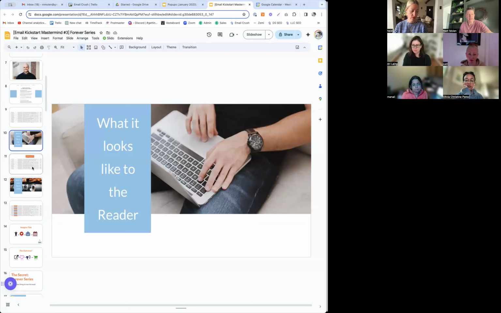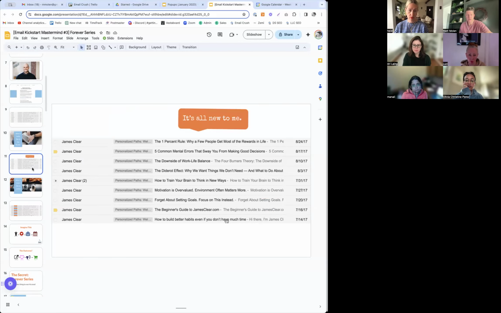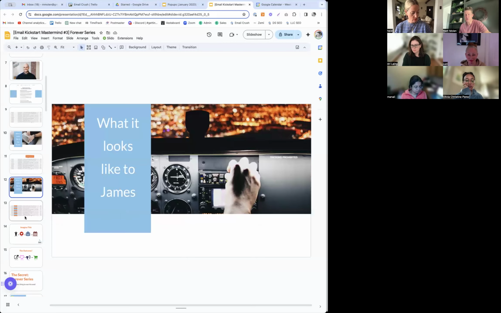And I went back, when I would get these, as the reader, what this looks like to me is that James sat down on whatever day of the week, on Wednesday, and typed up an email and hit send. It's all new to me. I am something of a Sherlock Holmes fan, so I put on my Sherlock Holmes outfit, complete with the hat and the glasses and the pipe, and I looked into every single one of these emails that James had sent me. And the content, where did it originate? When did it originate? Look what I found.